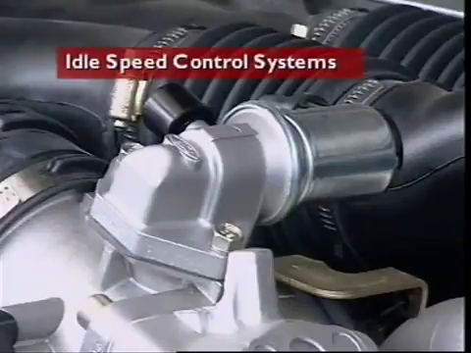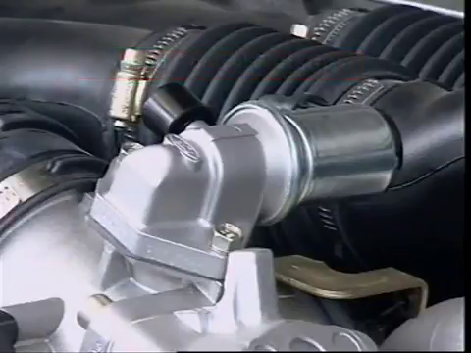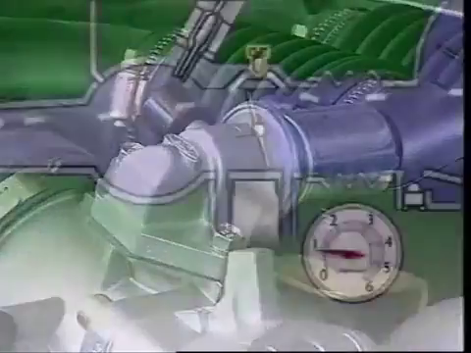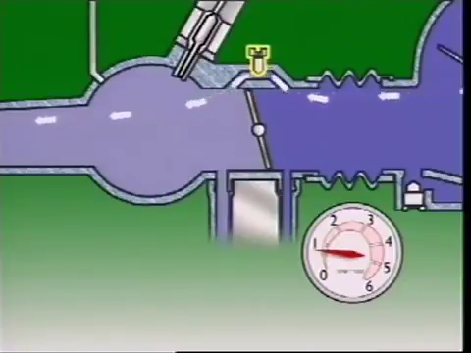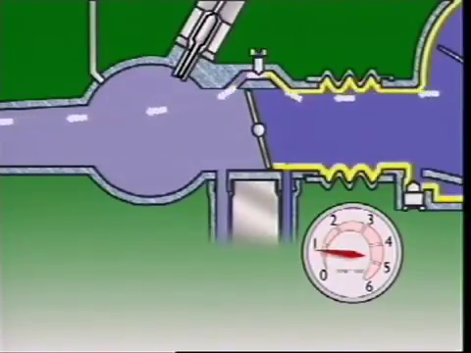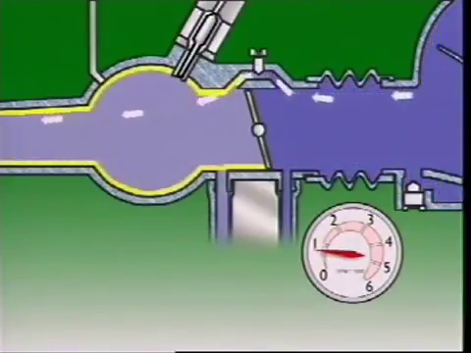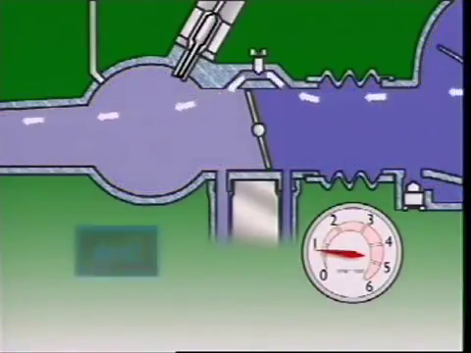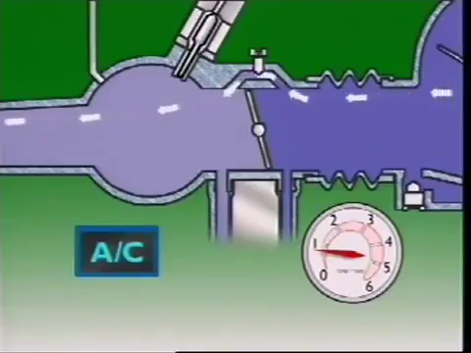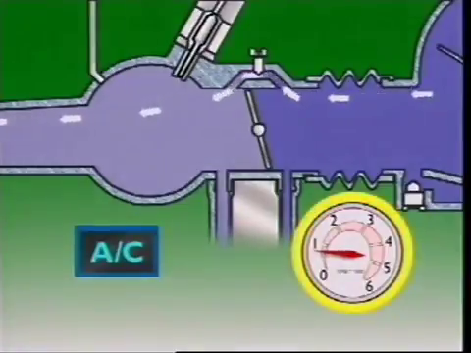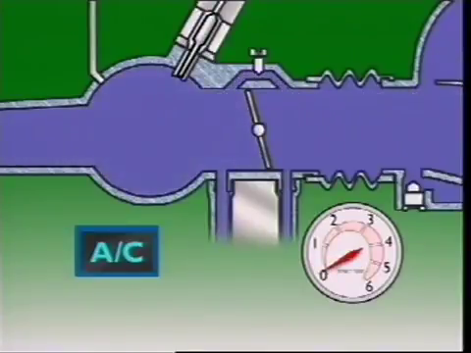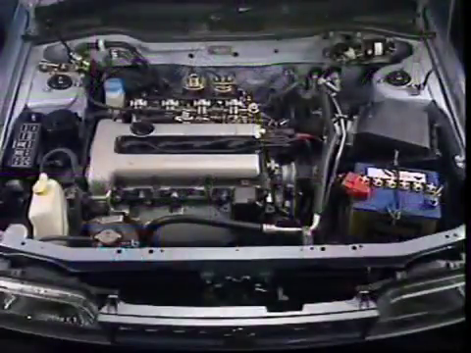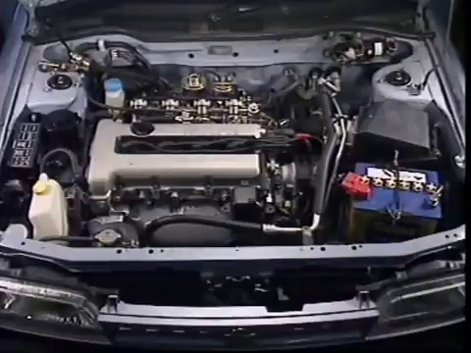This section examines idle speed control systems. Base engine idle speed may be set by adjusting a screw on the throttle body. This sets how much air flows through a bypass passage from the intake air side to the manifold side of the throttle body. However, if more load is put on the engine during idle, its idle speed may fall to a level where the engine stalls. Higher load can be caused by extra frictional resistance